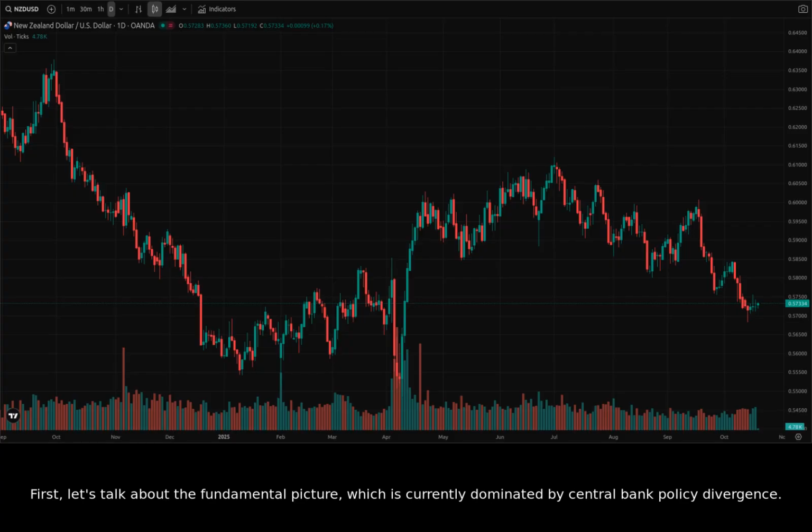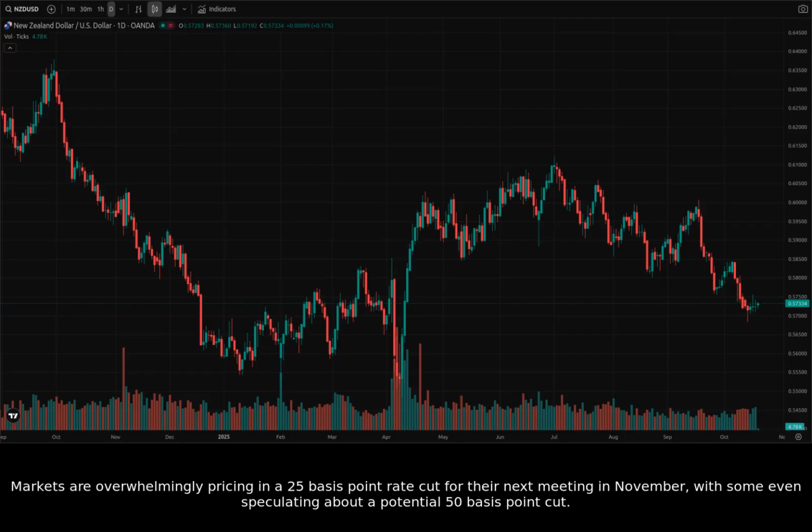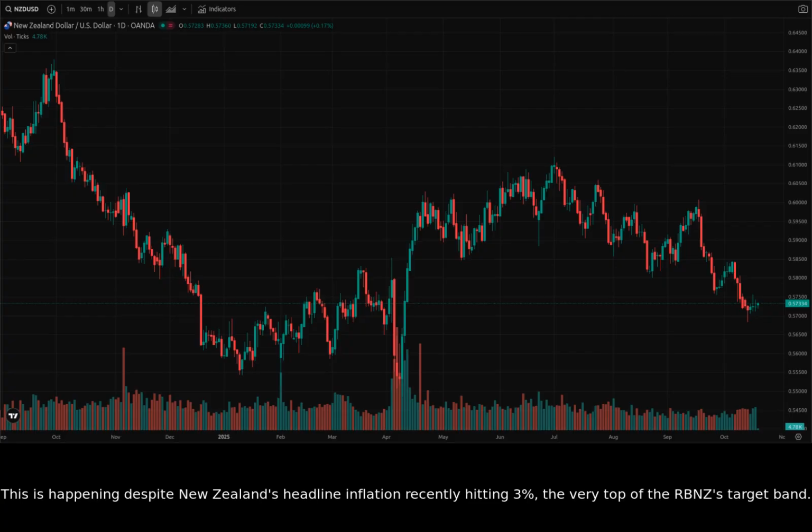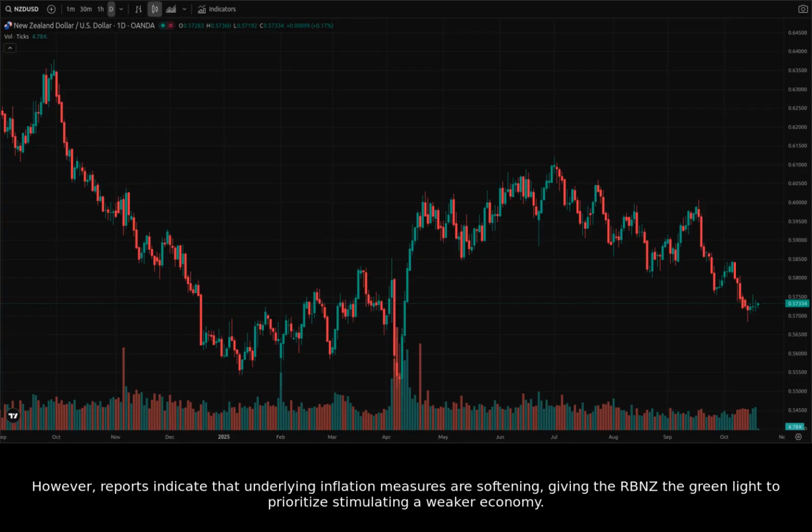First, let's talk about the fundamental picture, which is currently dominated by central bank policy divergence. The Reserve Bank of New Zealand, or RBNZ, is signaling a clear dovish stance. Markets are overwhelmingly pricing in a 25 basis point rate cut for their next meeting in November, with some even speculating about a potential 50 basis point cut. This is happening despite New Zealand's headline inflation recently hitting 3%, the very top of the RBNZ's target band. However, reports indicate that underlying inflation measures are softening, giving the RBNZ the green light to prioritize stimulating a weaker